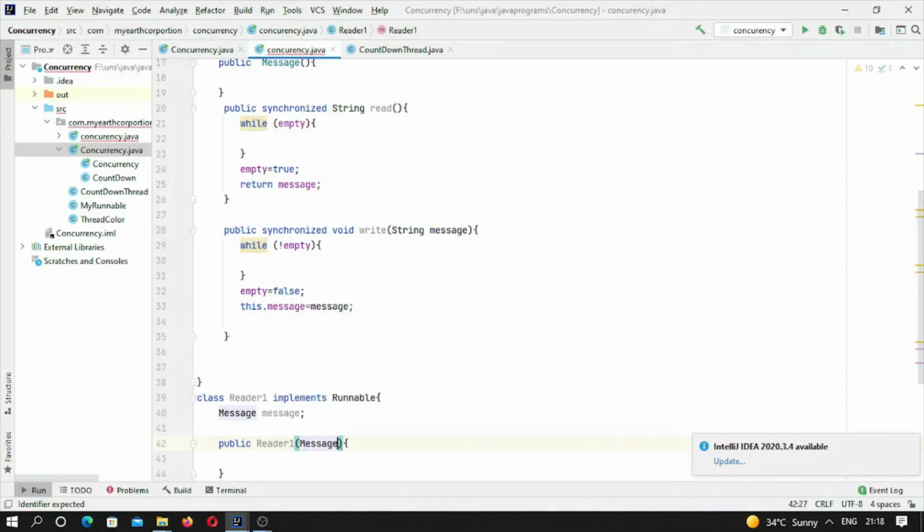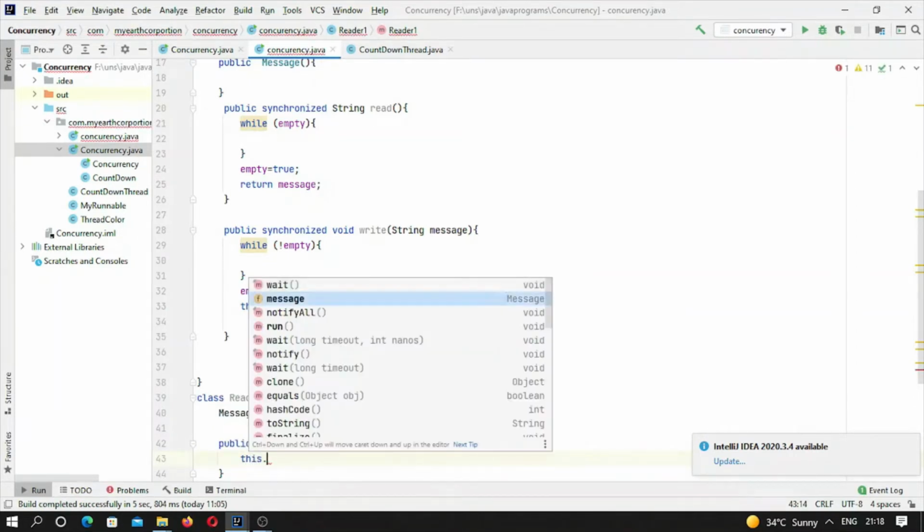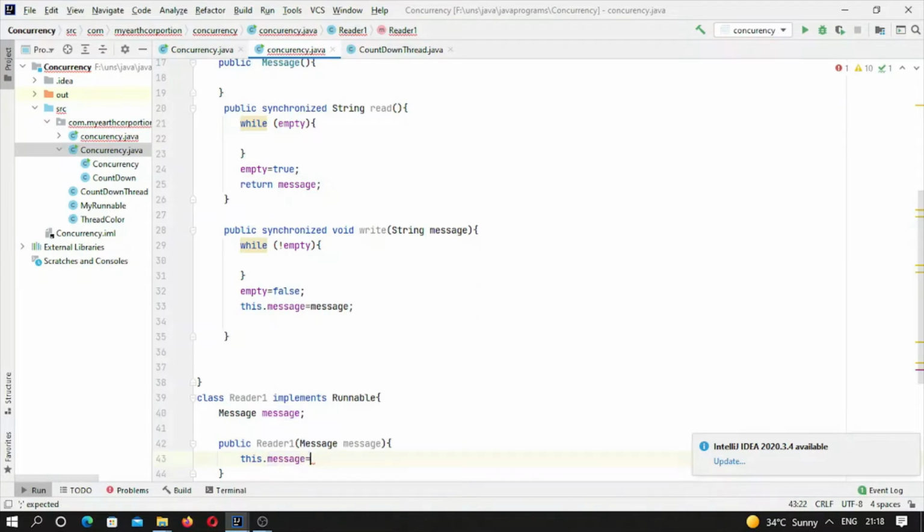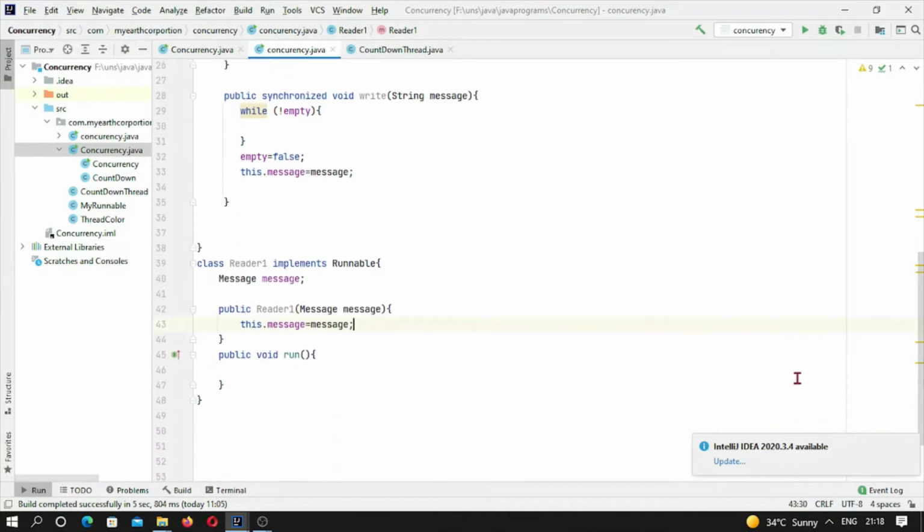Okay, message, and this may be message. So we have to just initialize this object by the parameter provided. Okay, so this is a reader task, which is implementing Runnable. So it is simply a class, an anonymous class, a class which is implementing the Runnable interface. So we are just creating task type objects, and this will do this run method. What it will do, it is simply a reader type of task, so it will simply